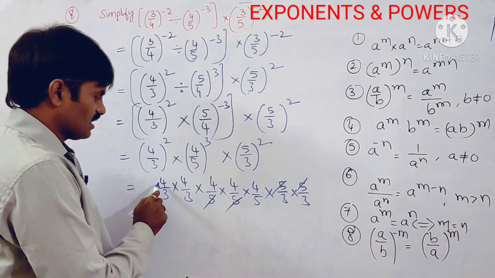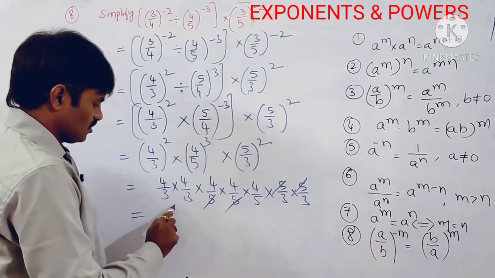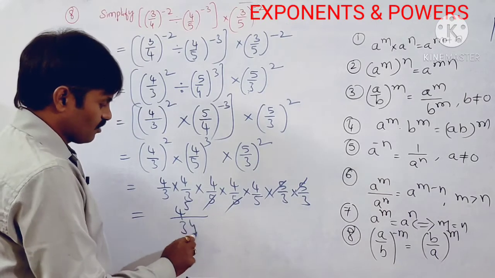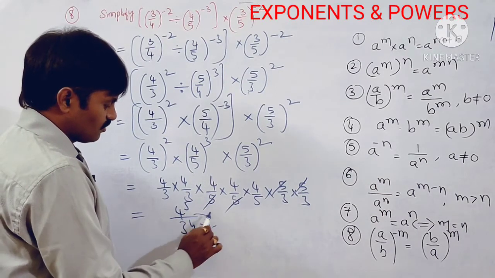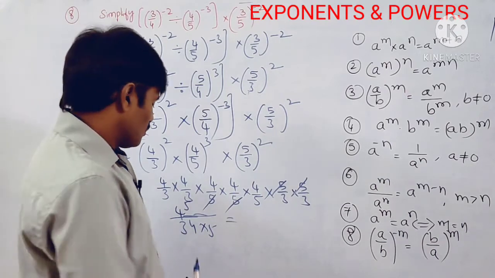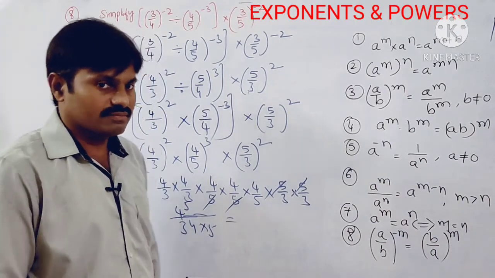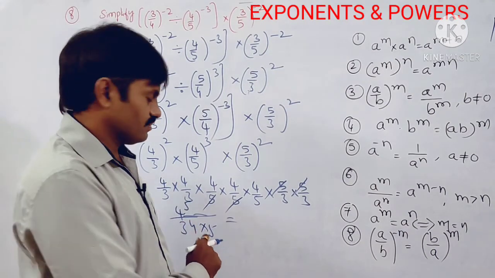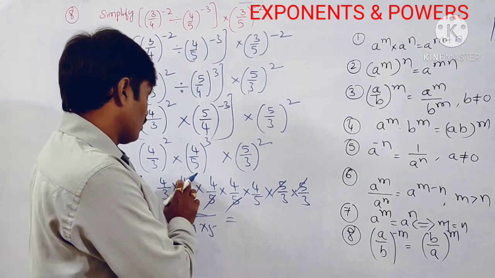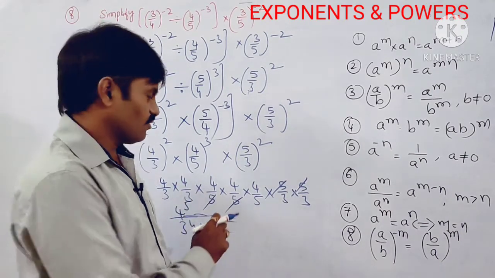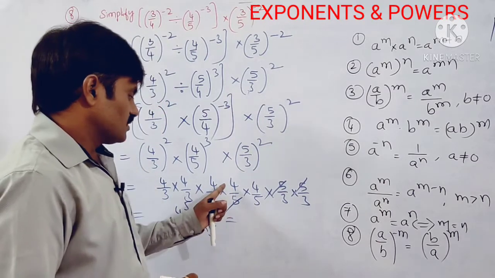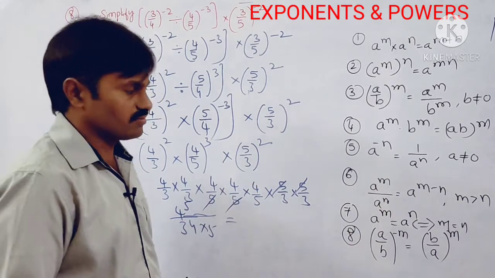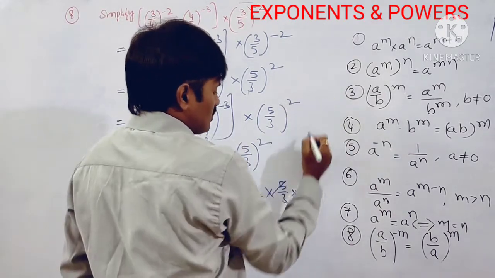So how many 4s are here? 1, 2, 3, 4, 5. So it is 4 to the power of 5, by, 3 to the power of 4 into 5, since there are four 3s. If you want, we can simplify. How to write 4 to the power of 5? We can leave it like this, or else we can simplify. See how to simplify: 4 4s are 16, 16 4s are 64, 64 4s are 256, 256 into 4.